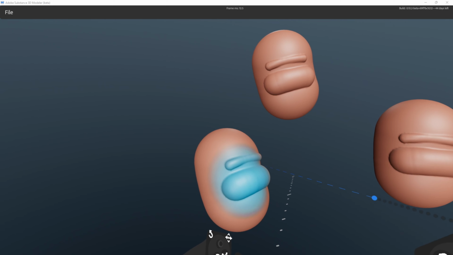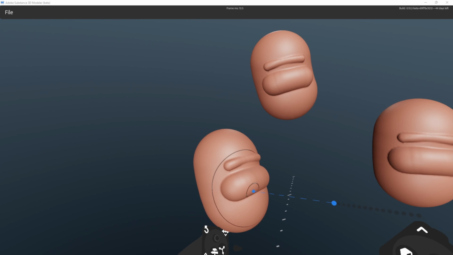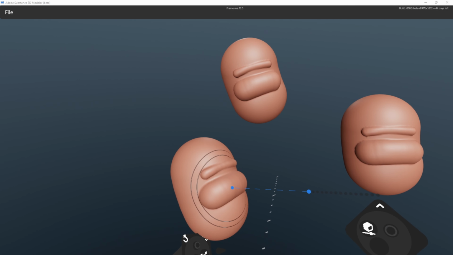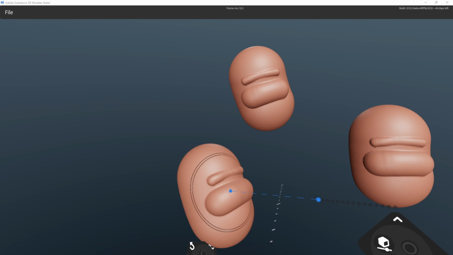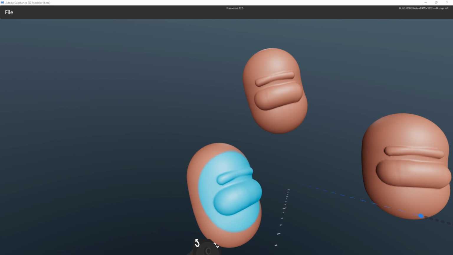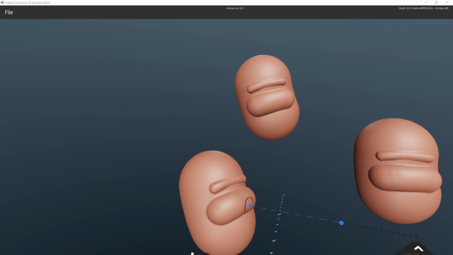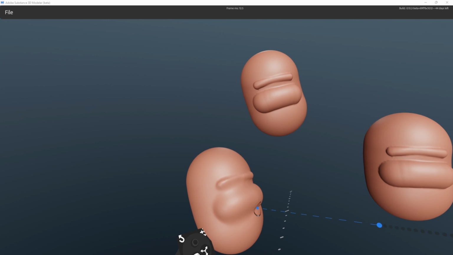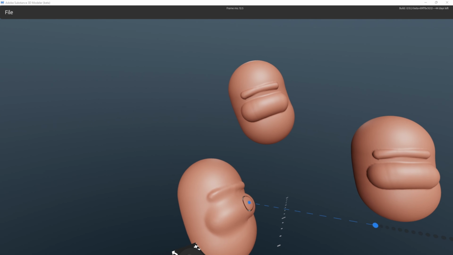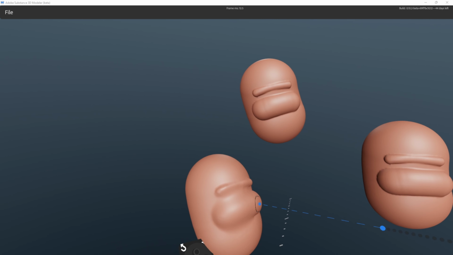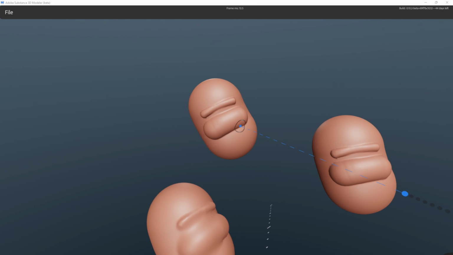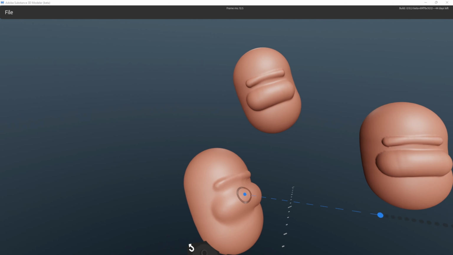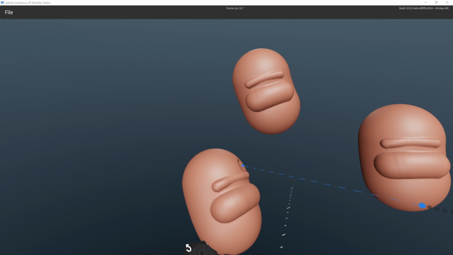So if I'm painting, I get like an airbrush feel, or I can have a pretty hard, and it's more like a solid color feel. And I would love to see something like that for this smooth brush. So I can do a hard smooth or a soft smooth. And on top of that, of course, a stronger smooth brush, because you see here, like on the default